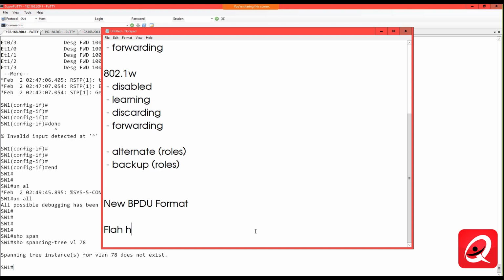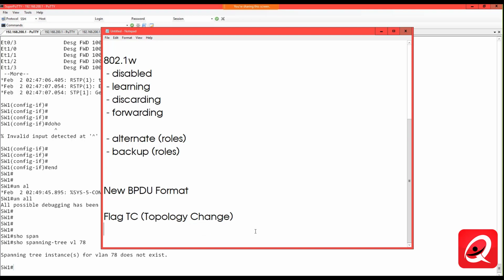There's a flag that is called a TC flag, and that stands for topology change. All right. And then there's also a flag called a TCA flag, and that stands for topology change acknowledgement. All right. These are defined in 802.1D, but Rapid Spanning Tree uses all 6 bits of the flag byte